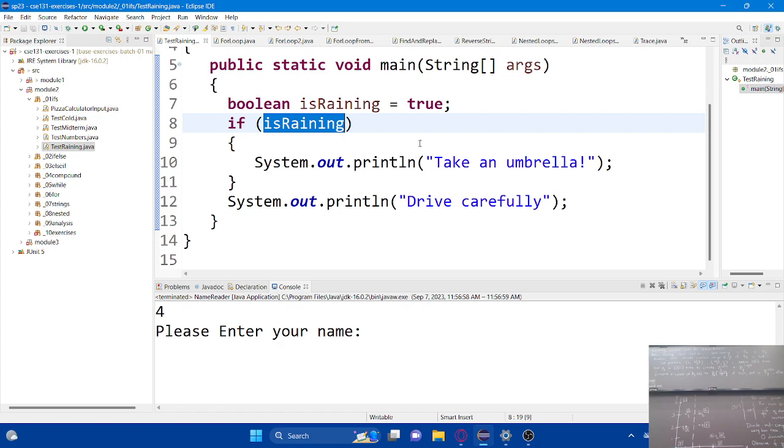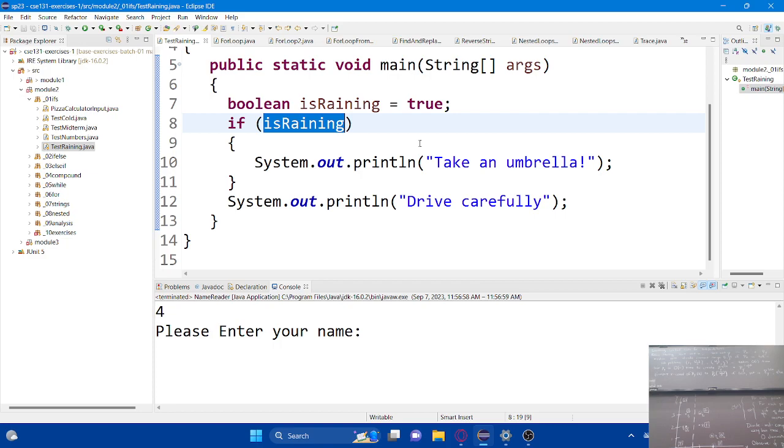So if I run this program, we'll see that since it's currently set to be true, it will tell me to go ahead and take the umbrella and then print out the message down at the bottom. I think what's important to recognize here, and what some people can gloss over as they're learning about if statements, is that it doesn't stop, right? We keep going. So if there's more stuff to do after the if statement, then we're going to keep doing it, right? The if statement isn't the end of the program. It's just an option. It's just a fork in the road.